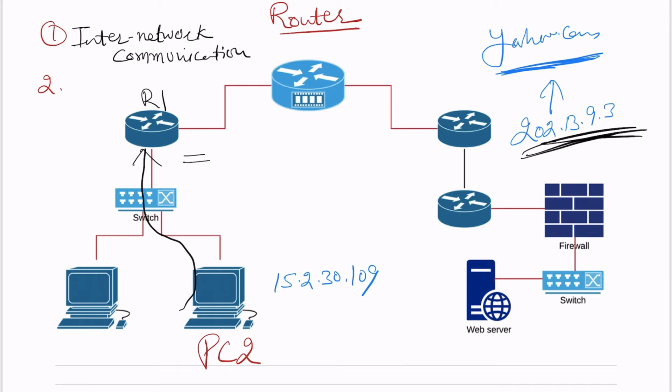It finds out the destination IP. On the basis of the destination IP, this router checks its routing table, and then it figures out which is the best path to reach this destination IP. There could be multiple connections, but this diagram is very simple right now. It just has one connection, where this router is connected to this ISP router. So as per this diagram, R1 says this is the best next hop to which the traffic should be sent, so it forwards the traffic to this. Similarly, the same work will be done by this router and it forwards it to this router. This is how traffic moves.